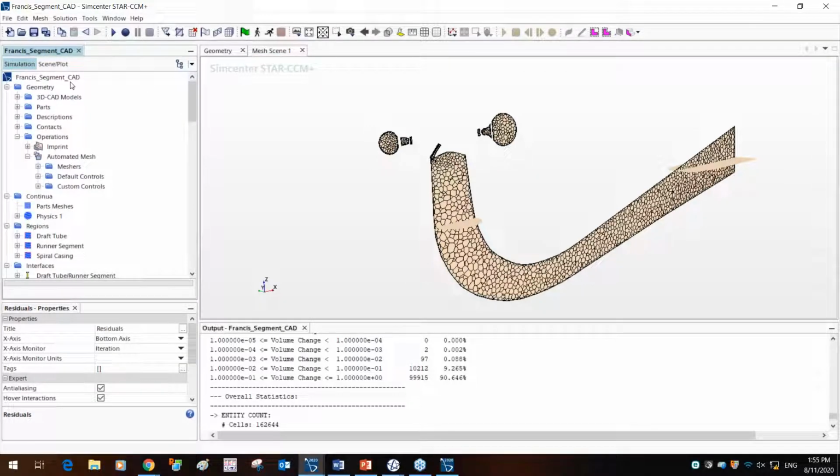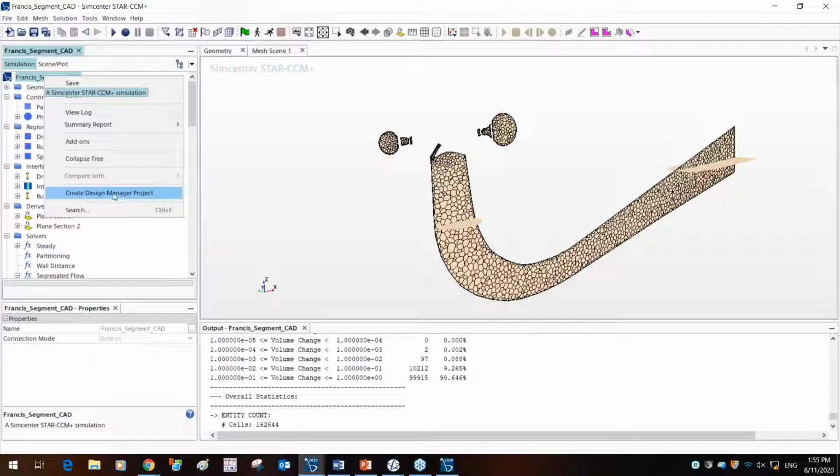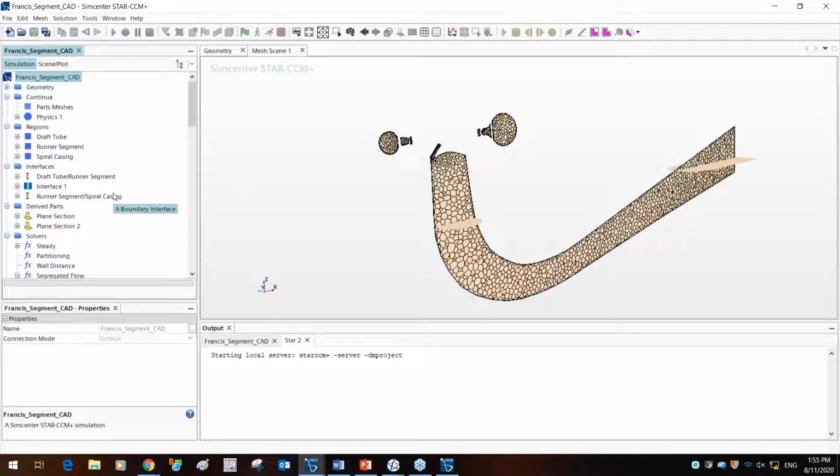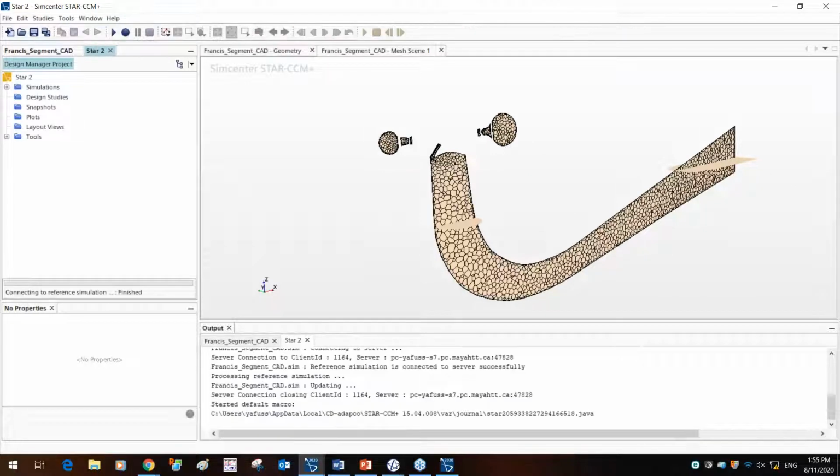So I'm just going to jump into the other simulation that we had created to look at the design manager. Once you've created a simulation, you run your first file, and now you want to, let's say, run a design study. So in the simulation file, right click and click create design manager project. It's going to load up the design manager, where you're going to select the requirements for what would be needed for an optimization study. Now, for any optimization study, you have to have the input parameters, you have to have a response, and you also want to have scenes to visualize the data. You also want to set up some of the constraints as well as the objectives.